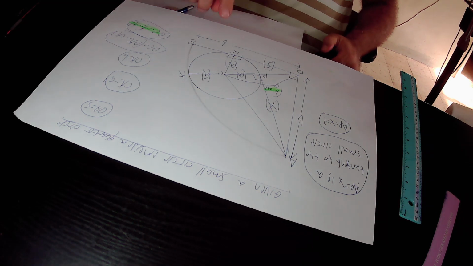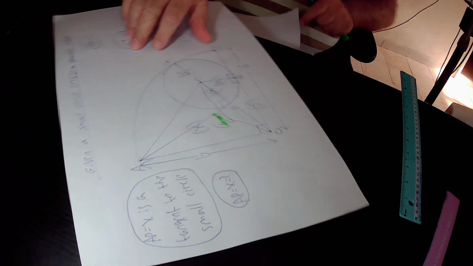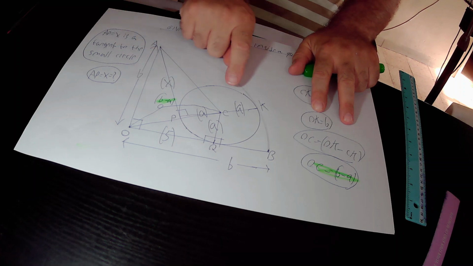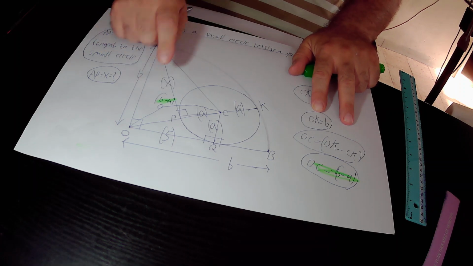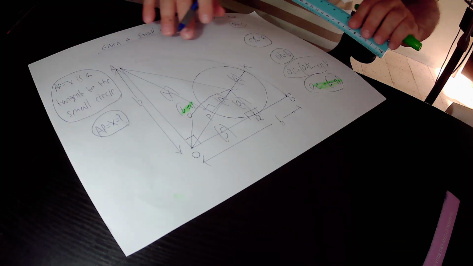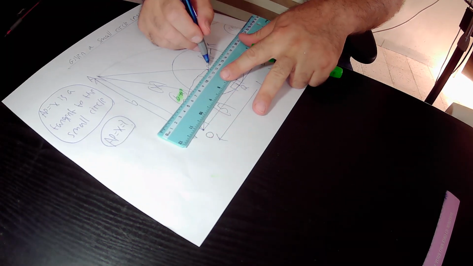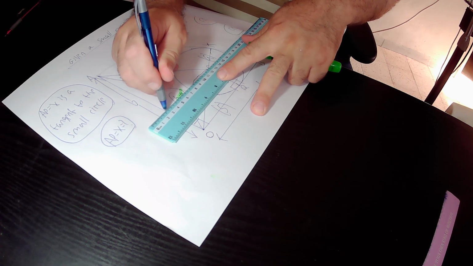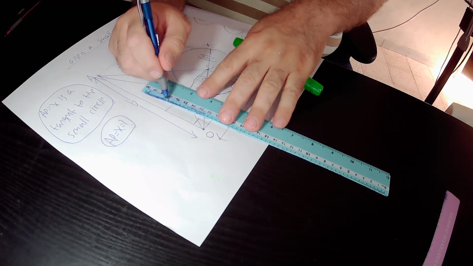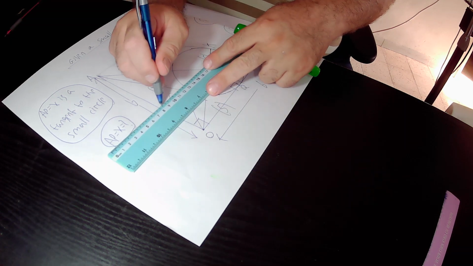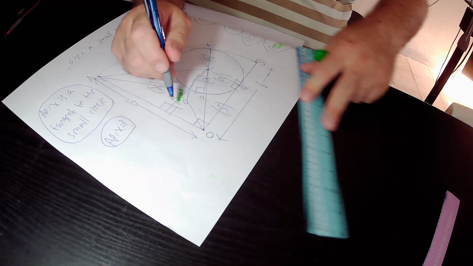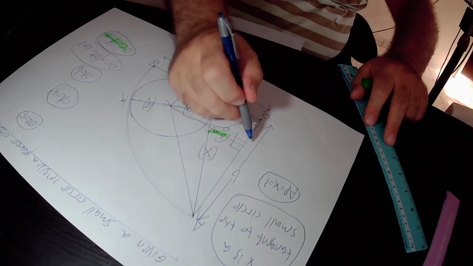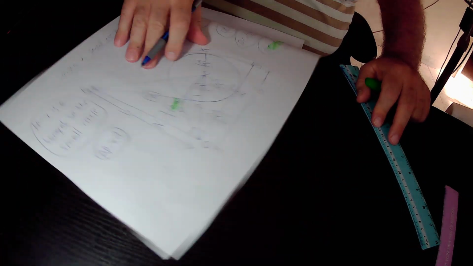That is to say, from this point C, we will draw a perpendicular on AO. So actually, this angle equals 90 degrees, and this angle also equals 90 degrees according to our construction. We define the touching point of the perpendicular from point C and AO as point N. By doing this construction, we created